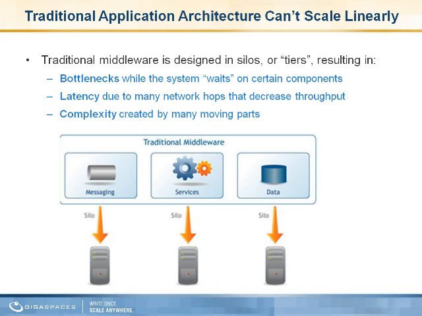In order for a transaction to complete, it has to jump across these different components over the network and be serialized, deserialized, and so on, creating latency and creating some of those bottlenecks that we spoke about. In addition, things like the database become a central point where things have to wait on it, creating exactly that contention that I was describing before. In addition, all of this is extremely complex, so if I just want to scale, I need to scale each of the tiers and then integrate so that they scale together. So you can see why it becomes quite difficult to scale on demand.